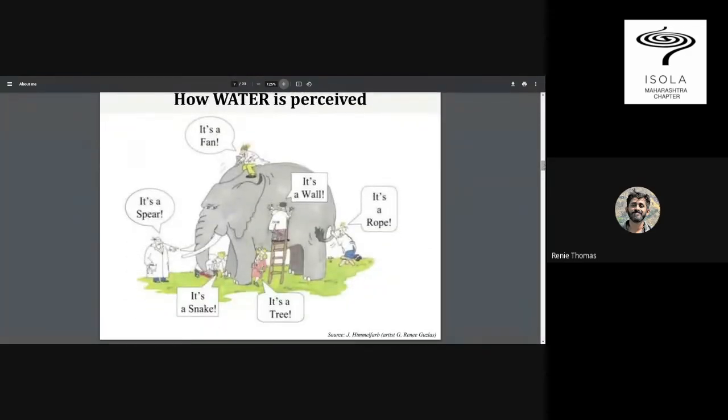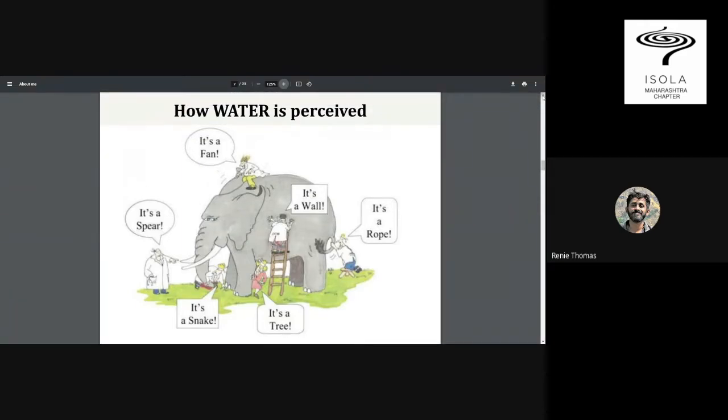So I wanted to come to this slide, which is very important, since I've been asked to talk about how I perceive water. Over the years, I've realized it's not how technical we get that solves the issue. There are a lot of aspects associated with water, right from the social status of the communities living there and the socio-economic conditions, even the engineers, they are stakeholders, and how they see it, how I perceive it.